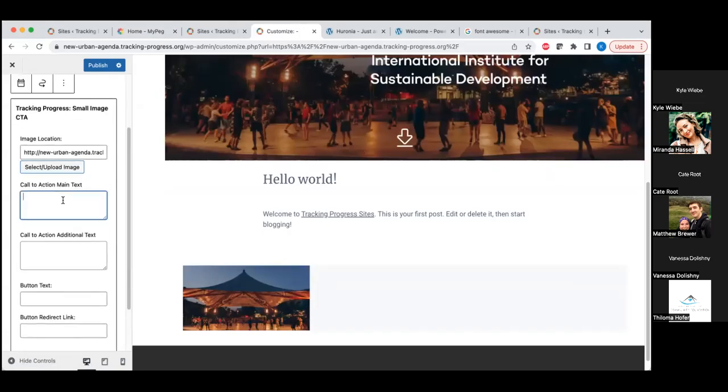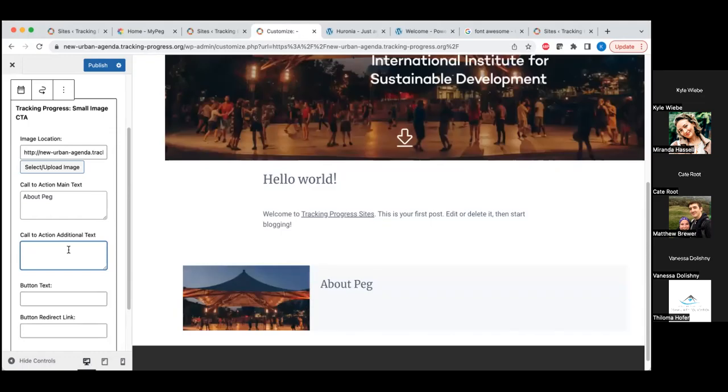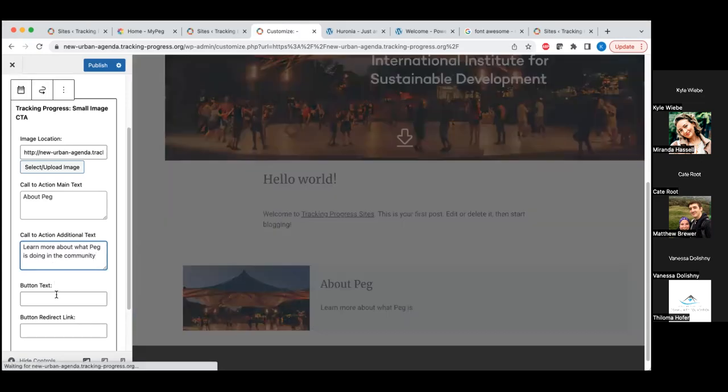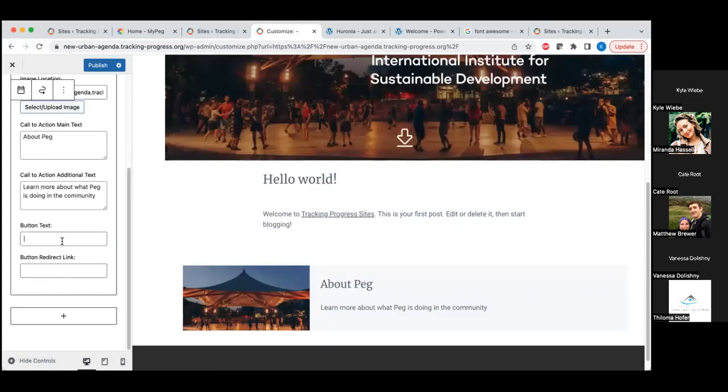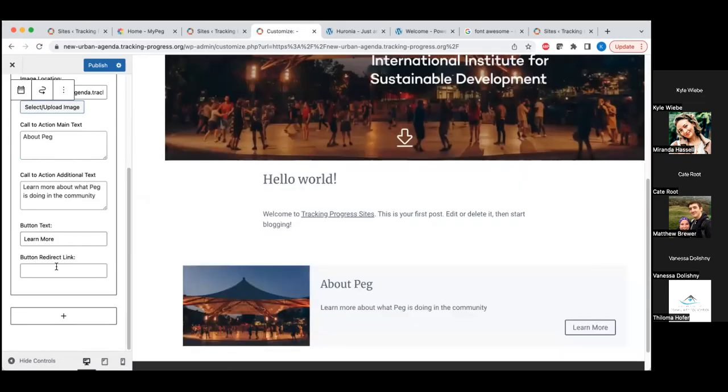It will then ask me to put some main text in. So I'd put "About Peg," kind of a call to action. So "Learn more about what Peg is doing in the community," or whatever you want. And then you put the actual button text here. So "Learn more." And then I would insert the URL for this widget. Now,